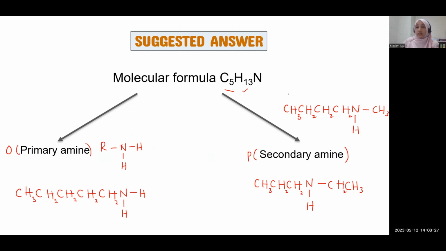So it is either this structure or this structure, both acceptable, right? So for the mark, I think one structure will contribute 1 mark and this one will give you another mark. So you have 2 marks for this